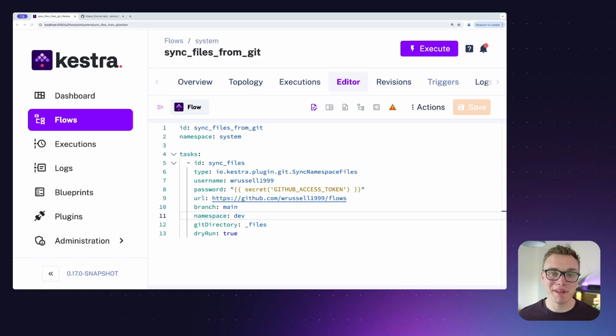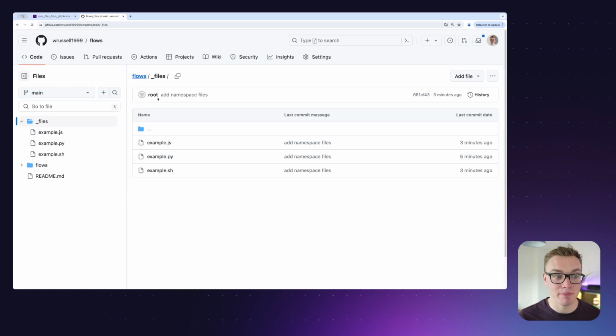Today I'm going to be showing you how you can sync your namespace files with your Git repository to make sure that they are always up to date. Jumping into Kestra, I have 3 namespace files inside of my Git repository that are currently not in Kestra. These files being my example.js, py, and sh files. I can use the new SyncNamespaceFiles task to make sure that these are inside of Kestra, so let's give that